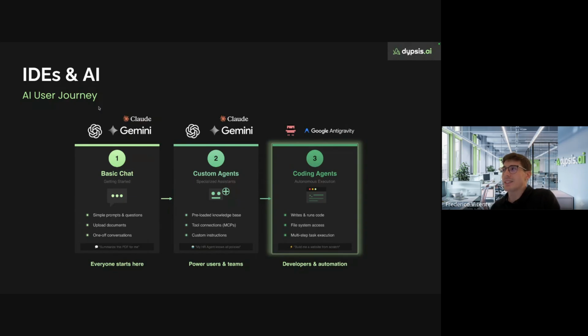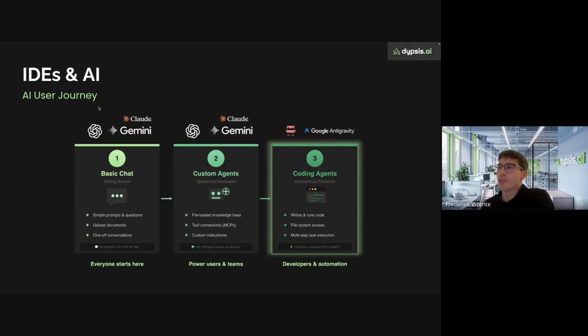You even start maybe connecting some MCPs, some tooling to get the most of these systems. And lastly, you have this new, let's say, way to interact with these agents, which is using real coding agents, where you have Claude Code. For example, recently Google announced Antigravity. You have Warp, Cursor, and here you can write code. You can manipulate and have access to the file system, and you can do a lot of automations if you know all the capabilities of these systems.